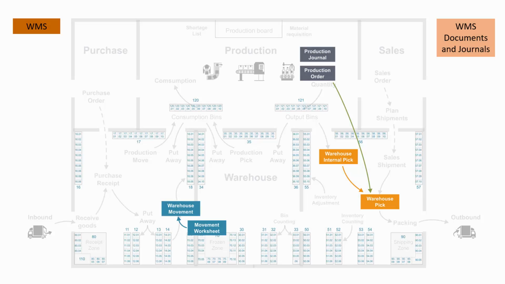So the scenario is maybe I have a production bin called 120, which means that I have to make my production consumption from a bin in there. So I need to do a warehouse pick into bin number 120. But prior to that, I would like to do either a warehouse internal pick or a warehouse movement to actually move the full quantity into one of my sub bins, which is not set up as a production bin, but as put pick bins. So in this scenario, I'd like to move items into bin number 120.08 and then create my warehouse pick from there. Let's go back in Business Central to see how it looks.